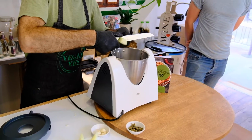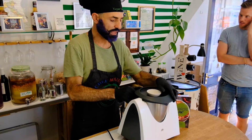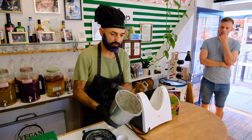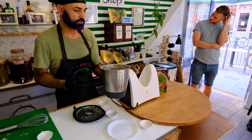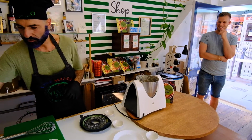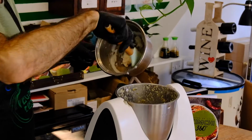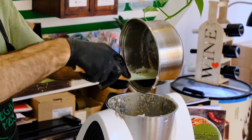We just put all of them in the blender. So we blend all the ingredients, without chili flakes, and we have a cream like this: melon, capers, garlic, and ginger. Smells amazing, yeah? Now, this is cold. When it's cold, we can add it to the other